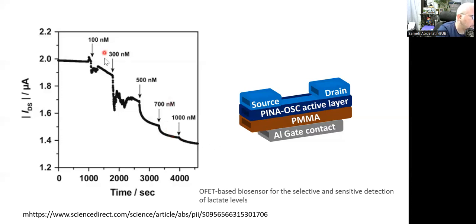So herein, it seems like this is again some sort of analogy. This is an effective modeling. It's not a real process. It seems like we add an N-type material. So whenever we increase the number of the doping material, which here is the concentration of the lactate, that means that we are decreasing the number of holes, because generally speaking,